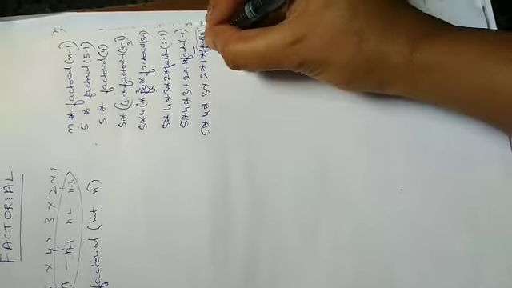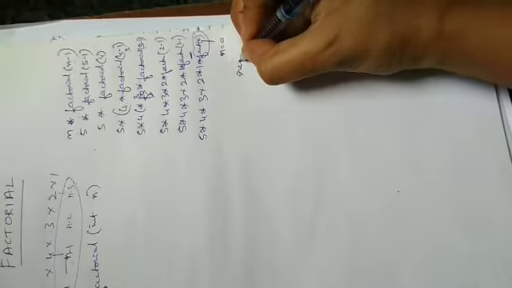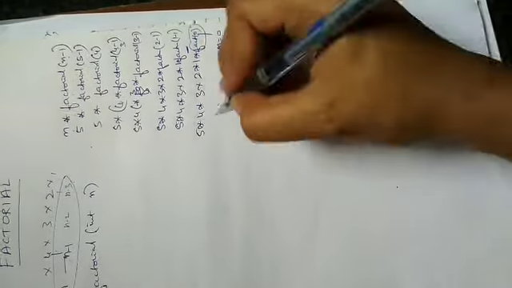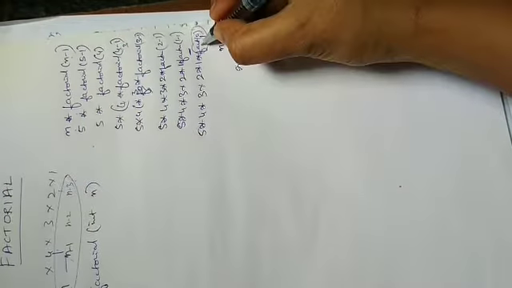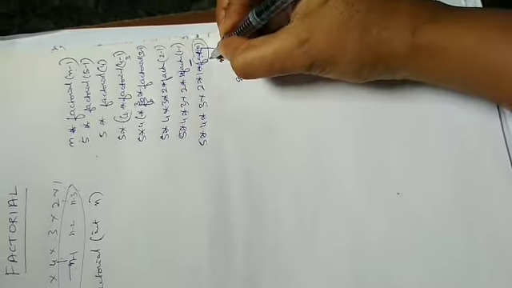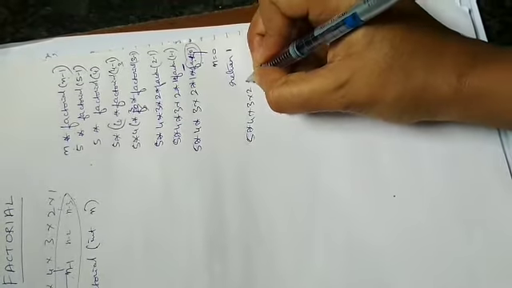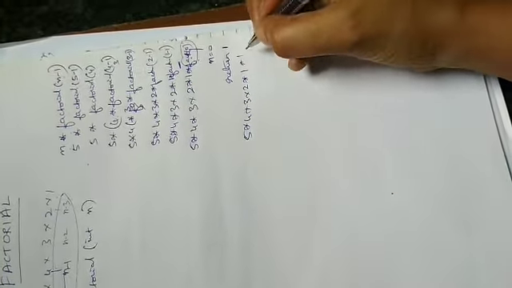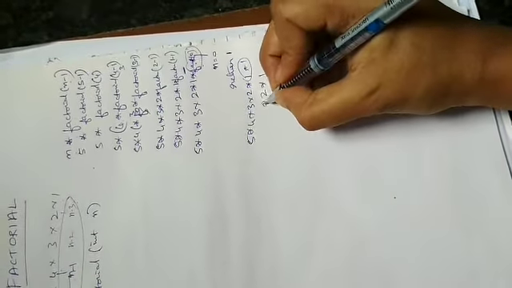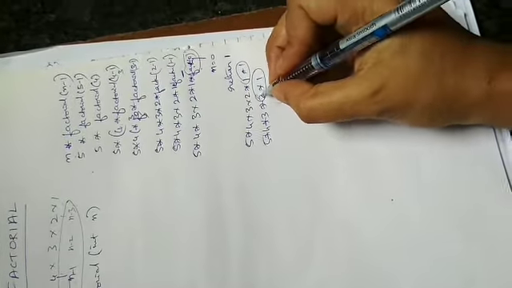So for this, whenever n becomes 0, I can return the value as 1. What happens if I return? This function is being called, so this is the complete factorial. So 1 will be substituted here. Then I get 5 into 4 into 3 into 2 into 1 into 1. So I can just get 1 into 1 as 1 into 2 into 3 into 4 into 5. So I can just compute these two things.